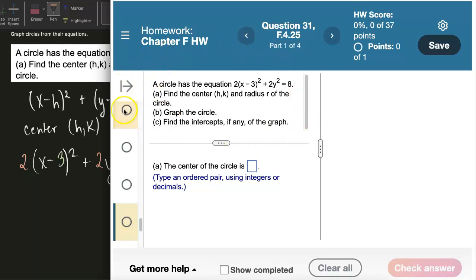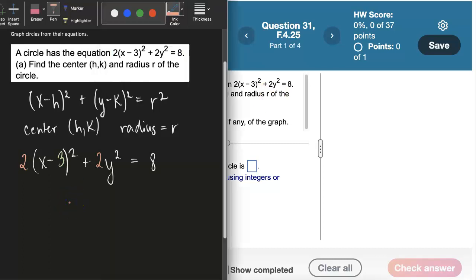In this example, we are asked to graph a circle from its equation and then determine some additional information about that circle. However, the equation that we are given for this circle is not already in a standard form. So I'm just coming over here to the side, and I want to compare what we have given to the standard form for an equation of a circle, which is the following: x minus h quantity squared plus y minus k quantity squared equals r squared, where h and k form the point of the center of the circle and